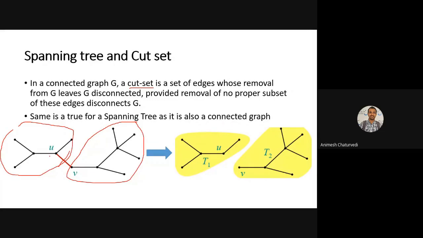So in this spanning tree, if we remove the edge u and v, then we will end up with two different components disconnected from each other. There's no connection between these two components. So this is the cut set and its property related to spanning tree.